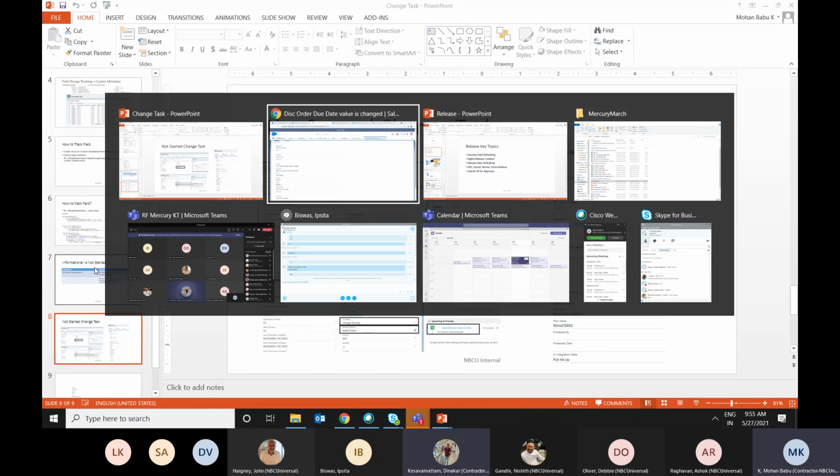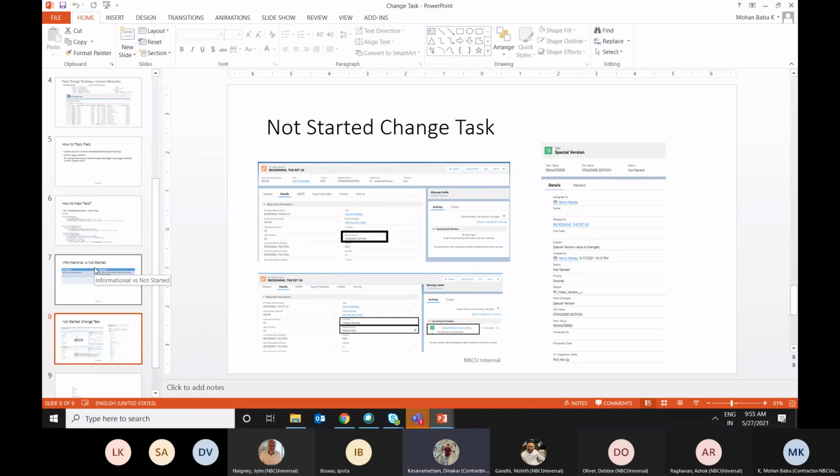So if the same field is changed multiple times, then the old task, the first task, will get cancelled and a new task will get created. Yes, correct. That's correct, right? Yeah, correct. Then what will be the old value in that new task? Will it be the value that we first changed or will it be the value that is latest changed?